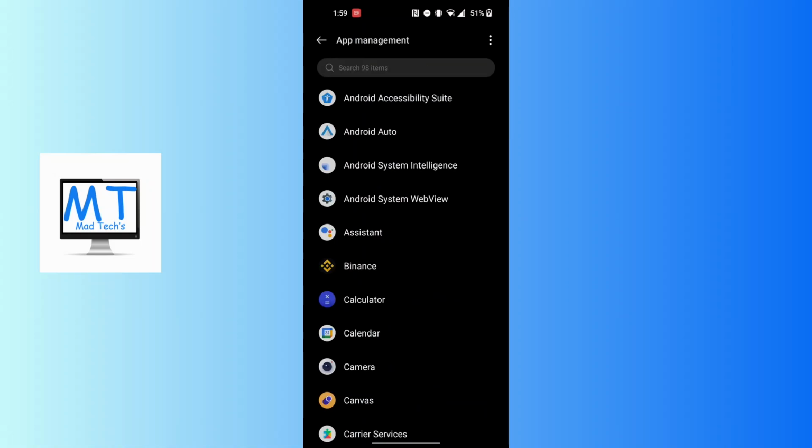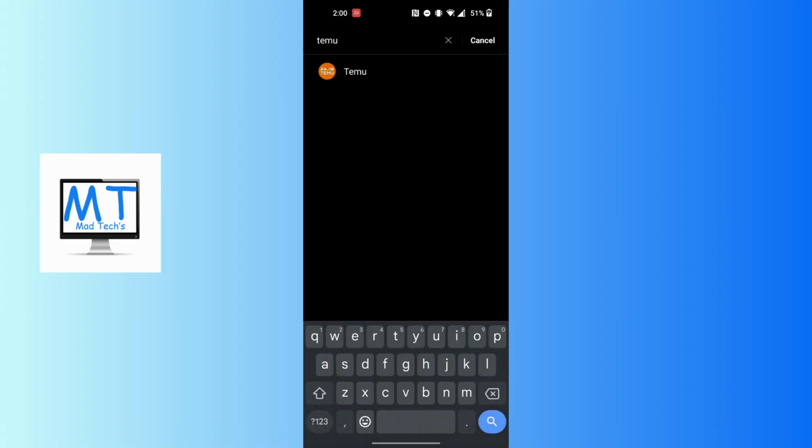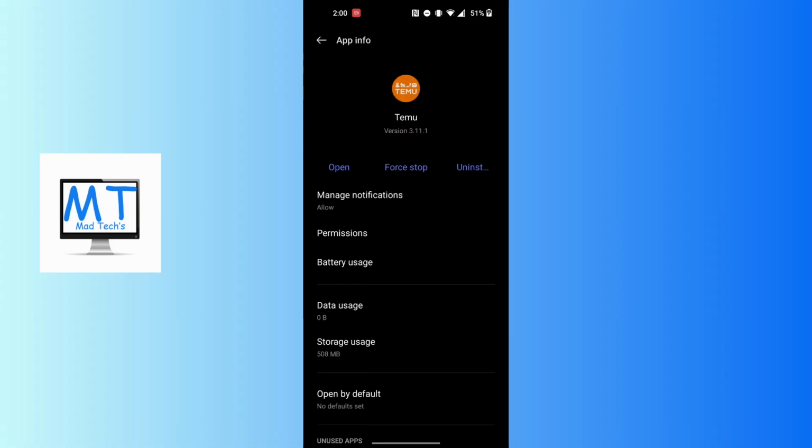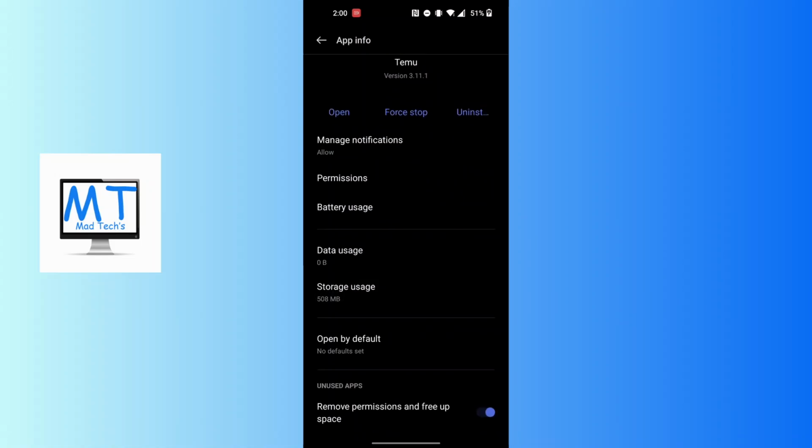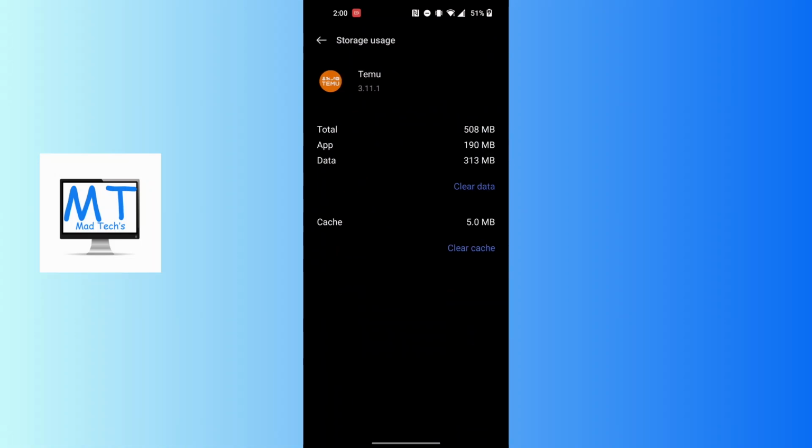and after landing over here, search for the Temu app on this interface. To do that, at the top of the screen you can see the search bar. Tap over there and type in Temu and open the Temu app on this interface, and this kind of interface will appear where we will be required to tap on the storage usage option over here just below the data usage. Tap on the storage usage button, guys, and when you land over here you can see the clear cache